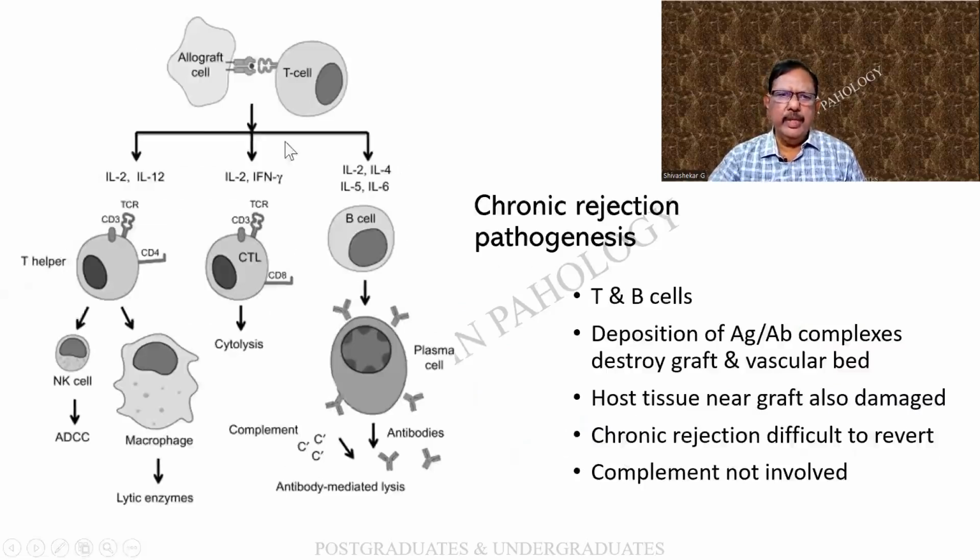Chronic rejection. What is the pathogenesis? This is again the same thing. I would like you people to kindly go through. So there is an allograft. It is not direct, but then you find that there is something like an opsin and that gets attached to the antigen over here. And then there will be a series of reactions producing the interleukins, etc. So there can be the activation of the T helper cells or the cytotoxic T cells, the B cells and the plasma cells, as well as the production of the various NK cells and the macrophages of the monocytes, leading to the reaction such as antibody-mediated lysis, lytic enzymes, antibody-dependent cell-mediated cytotoxicity. So that is over here. I will not be repeating it.